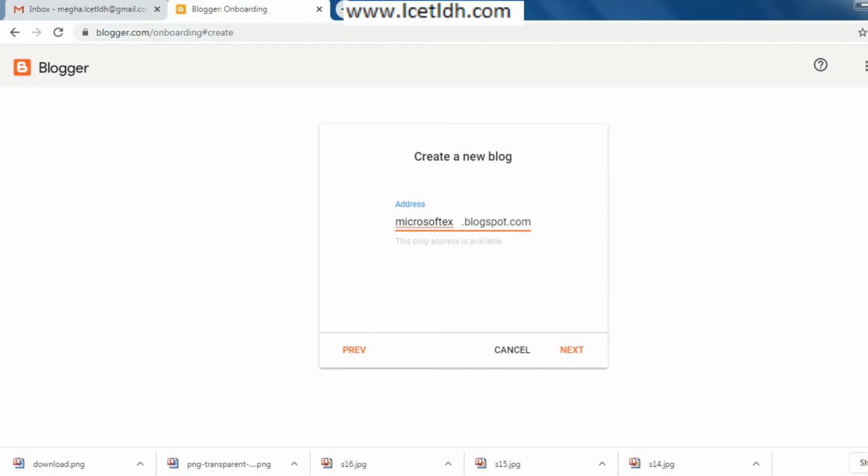That means yes, this is the particular address which is available. Sometimes we choose a name which has already been taken by some other person, so it can give you an error to change your name as well. Okay, so after this you can say next.